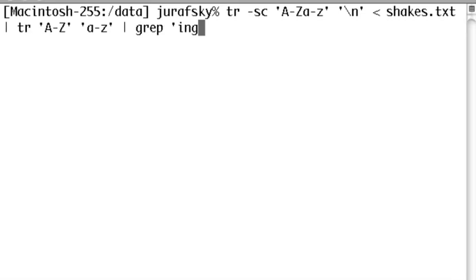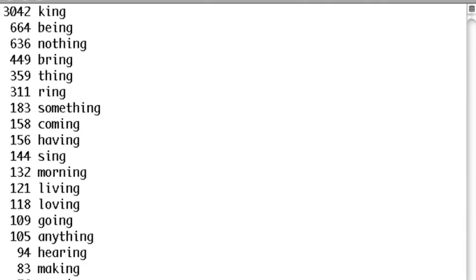And now let's grep out. Grep is a program for finding any line that contains a regular expression in a file. Very useful Unix program. So we're going to look for the regular expression ing$. And so we'll find all words ending in ing, and let's sort them, and then we'll just take one copy of each and count them, and then sort them by the counts. Let's see what words we find ending in ing in Shakespeare. And what we see is lots of these words are not words that in fact we would like to remove the ing from. So we have words like king and nothing and thing and ring and something and sing